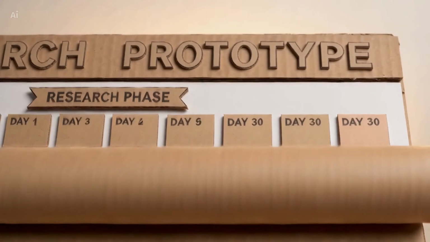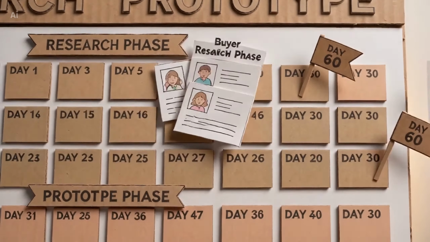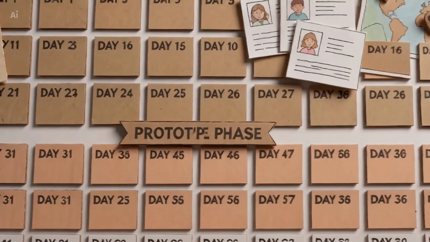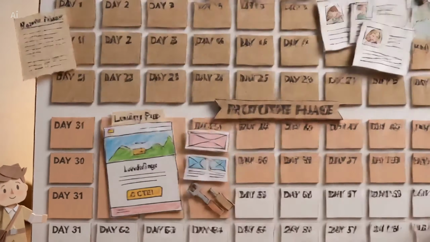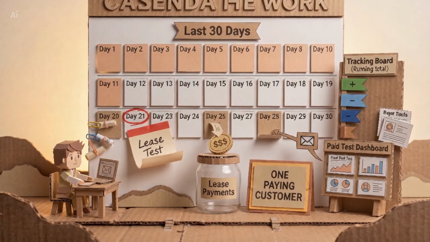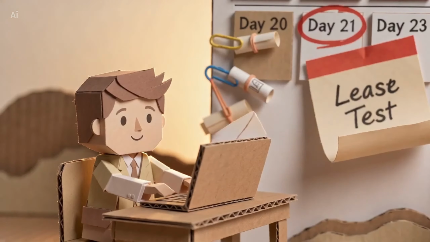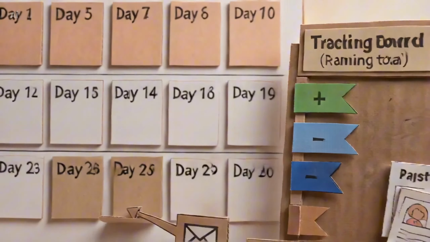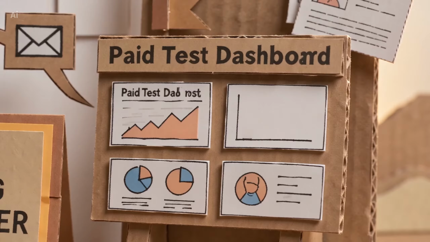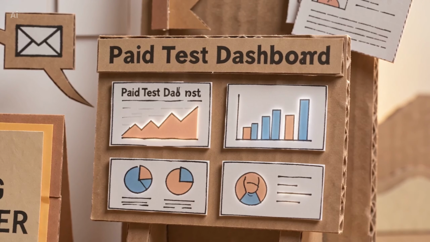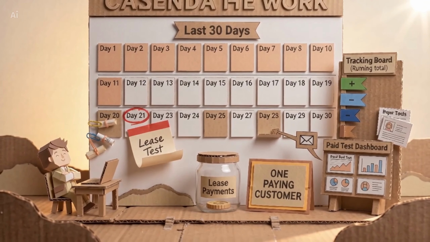A realistic 90-day plan looks like this. In the first 30 days, choose one niche, interview potential buyers, study competitors, and define the asset. In the next 30 days, build a small version, a landing page, a lead form, a data sample, a demo workflow, or a limited library. In the final 30 days, outreach aggressively, track responses, run a paid test if needed, and try to close one small lease. Not 10, one. One paying customer changes the entire conversation.